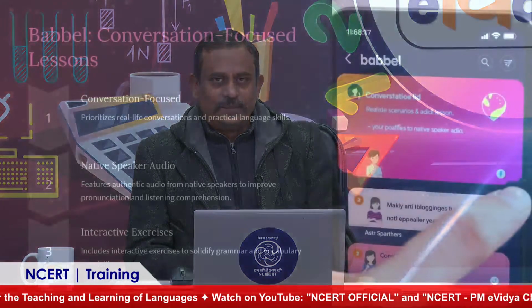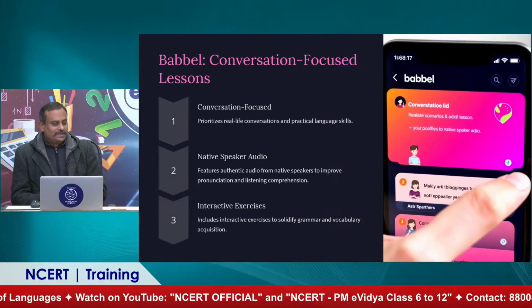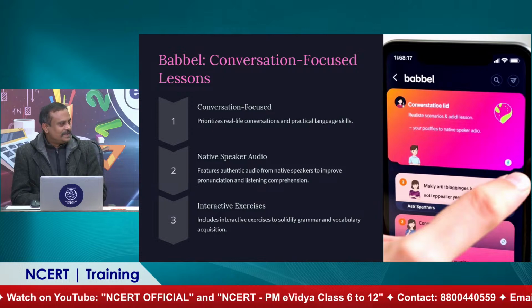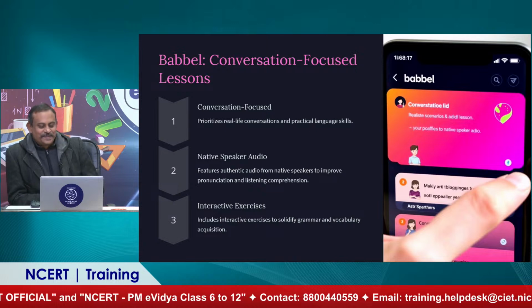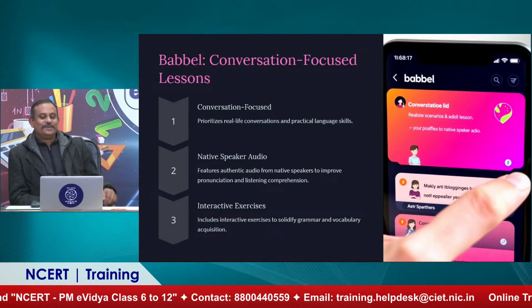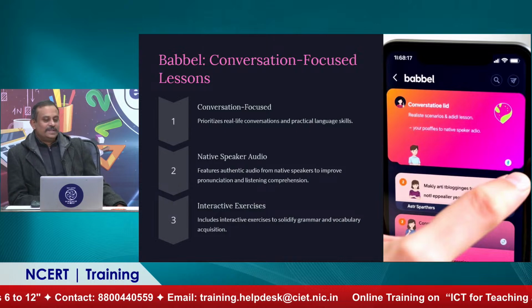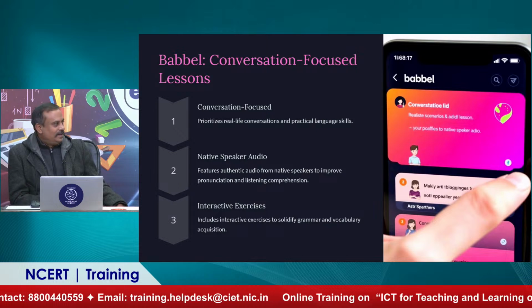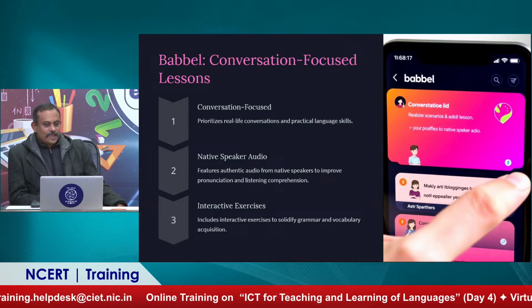This is what Babel looks like. And the good thing about Babel is, while most other learning platforms give you bookish learning, for example, when Europeans learn Hindi, they speak strange Hindi, which is very Sanskritized, like asking the price of an object in formal Hindi, which is not how you speak in the market. So Babel is very conversation focused, the way people speak in society. So it gives you very practical language skills, not theoretical language skills. Oh, that's very nice.